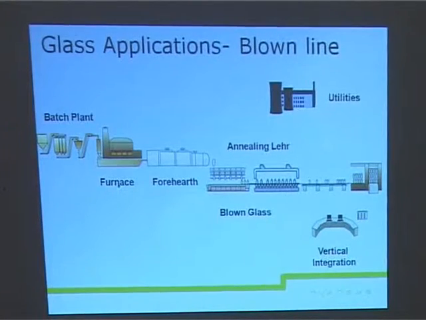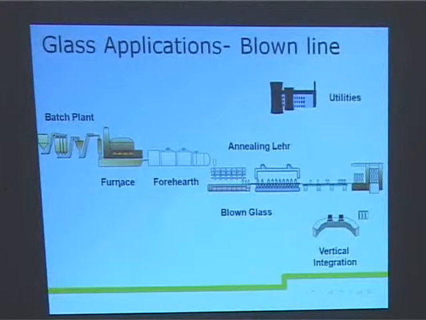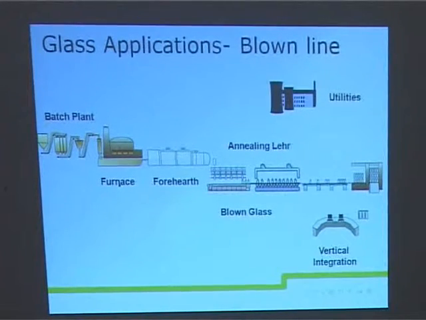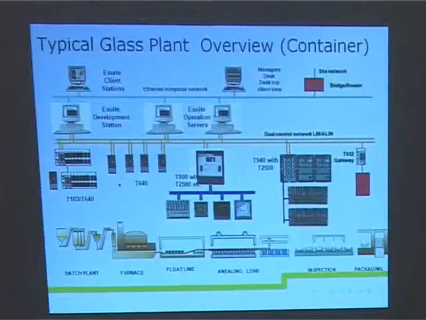So, these are some of the various furnaces: blown glass, annealing lehr, vertical integration, even right up to the packaging. There is heat treatment everywhere, including even the batch plant. Can we go next? Maybe we can spend a little time on this slide just for everybody to understand